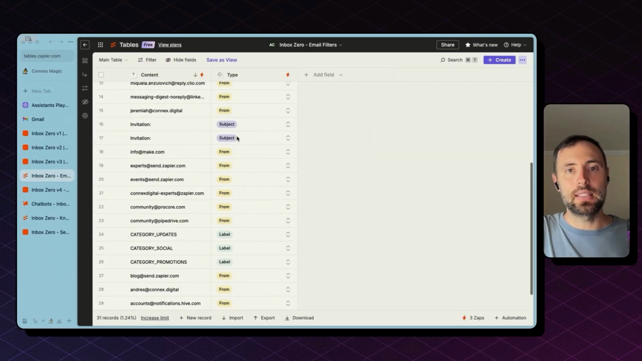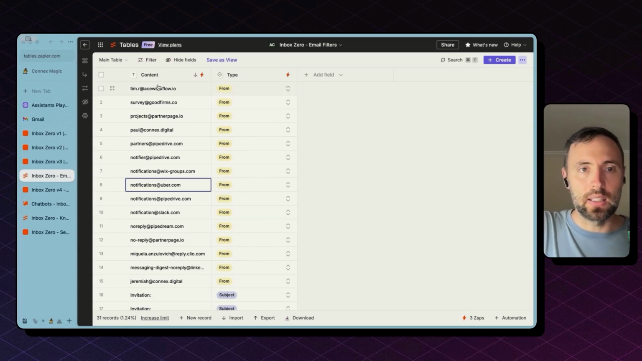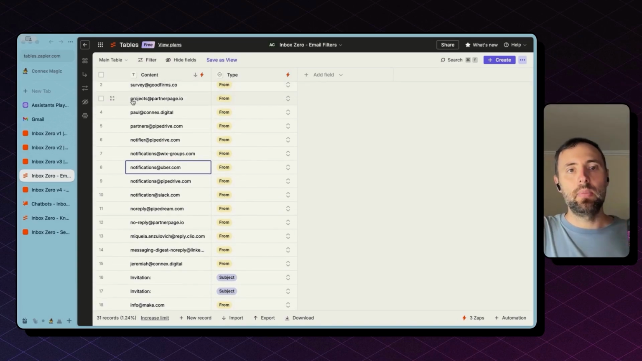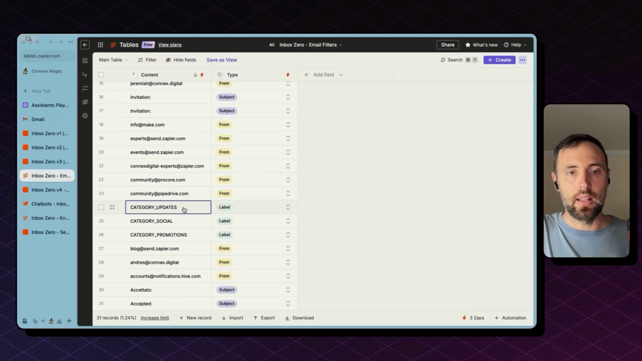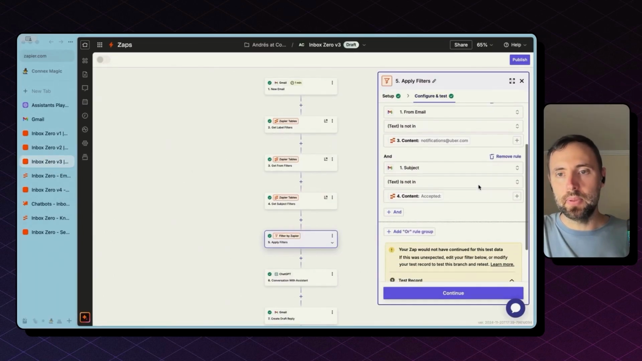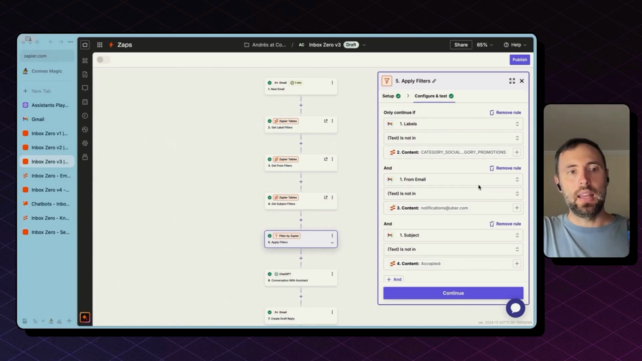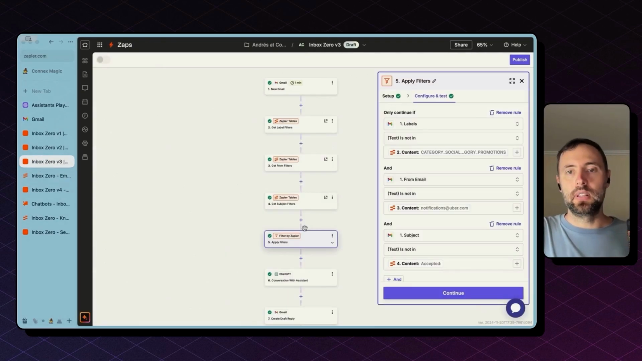So I have the type of filter on one side and the content on the other. So I have emails from my team or from partner emails or from services, as well as subject lines and other labels. And then I'm applying all the filtering in this one step. And that means that I only need to update this database from time to time, and this will filter automatically